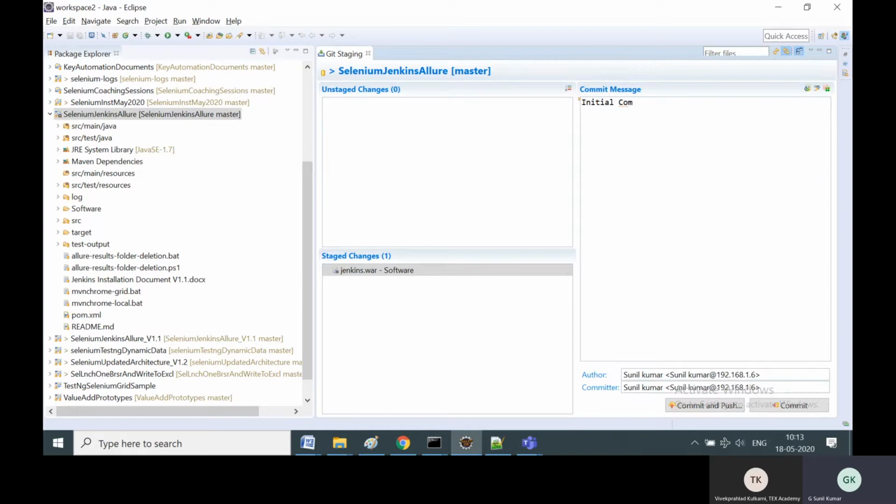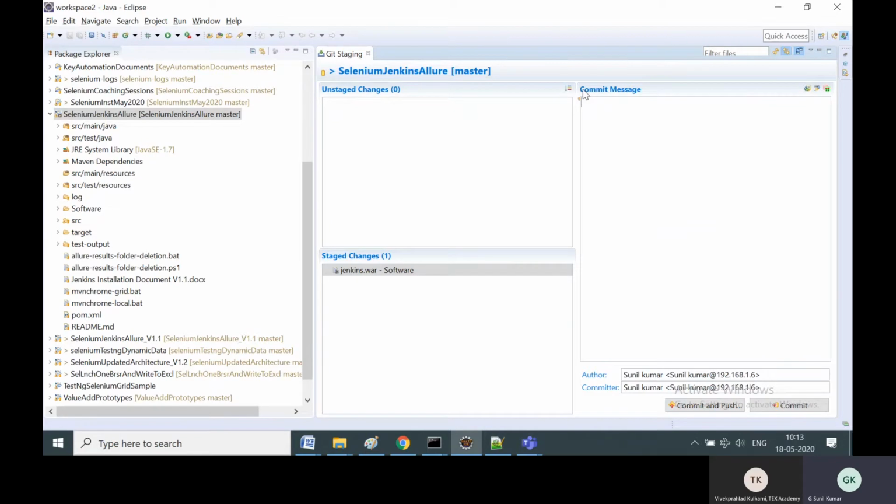This is also very crucial, guys: how to create a repository, how to create a GitHub account, how to copy the files from the local to a Git repository, and then check in the files to the repository. See, the Commit and Push button is there in the right side corner. So you have to click Commit and Push.